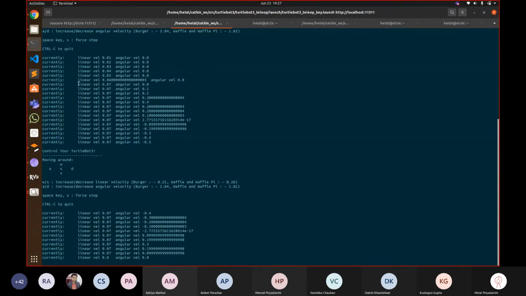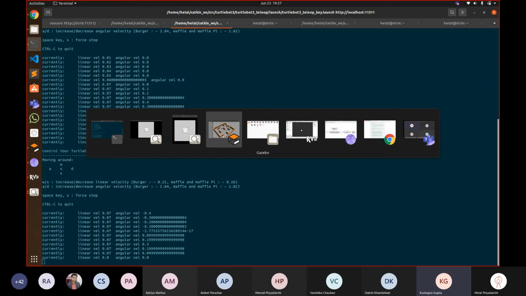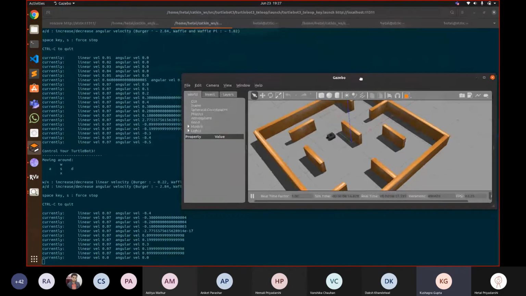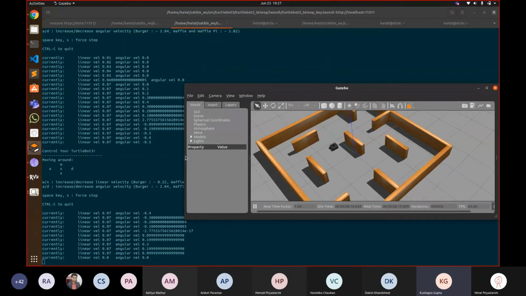Here you can see every time I pressed W, in the X direction the linear velocity was incremented by 0.01 meters. He pressed W again, so it became 0.02. He pressed W again, it became 0.03 and so on. Then at some point, when you can see the angular velocity going to 0.1, he pressed the left key also. So now with forward velocity, you also have something in the tangential direction, so you have circular motion, right?